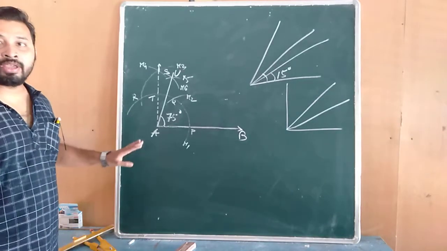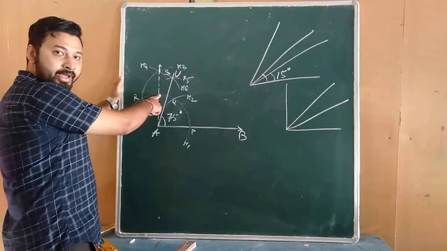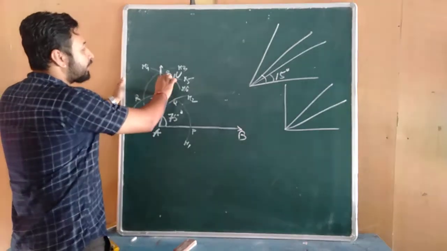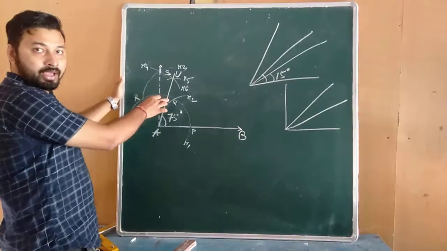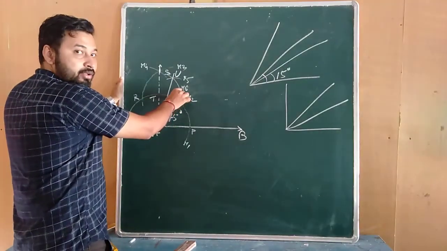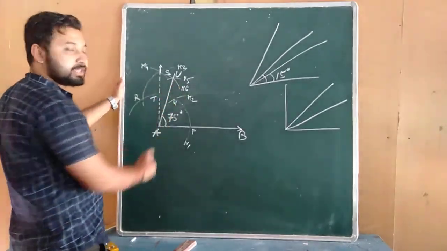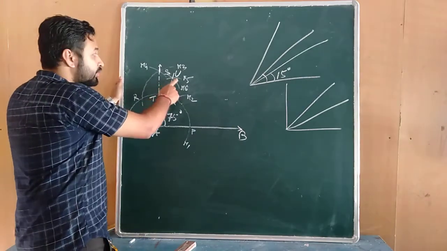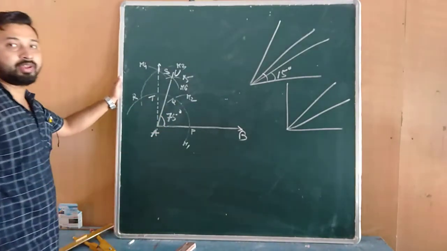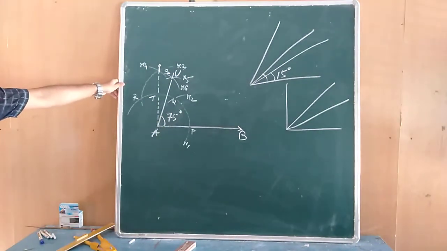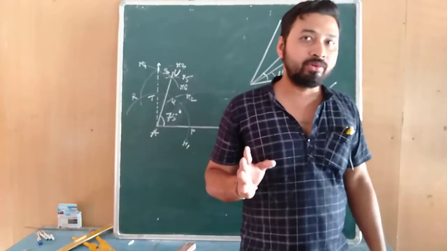So now you see what we did. We took TS as center and drew one arc R6. We took QS as center and drew one arc R5. These two arcs, R5 and R6, intersected at point U. We have joined U and this point A. Now this angle is a 75 degree angle. Got it? Now if we need a 105 degree angle, what will we do?